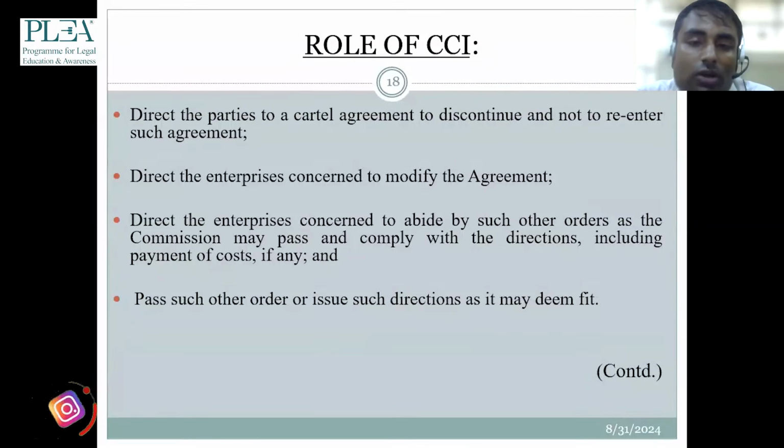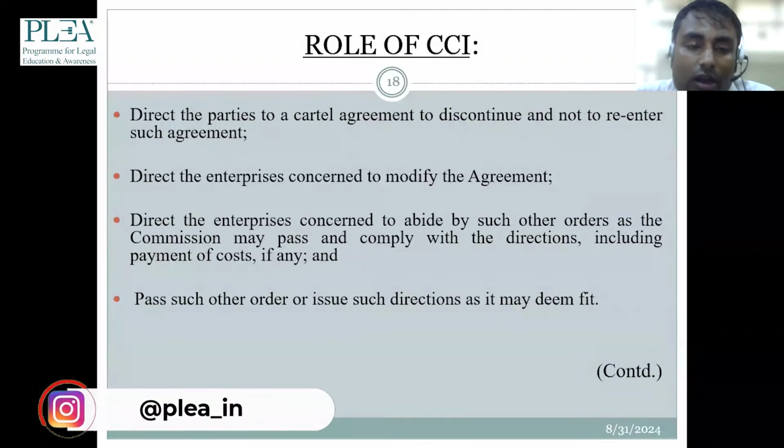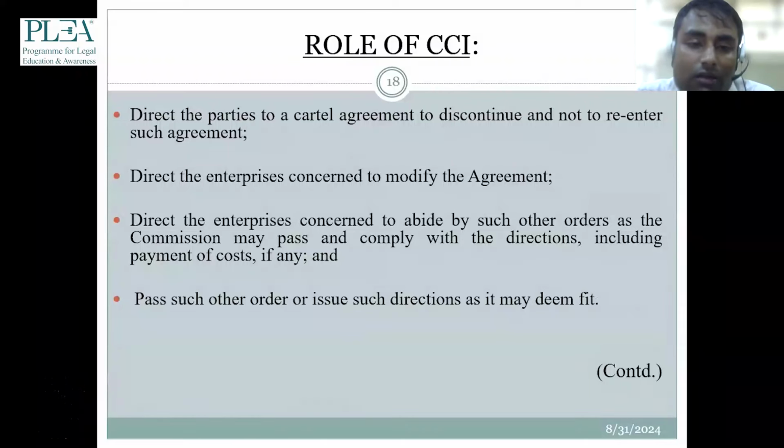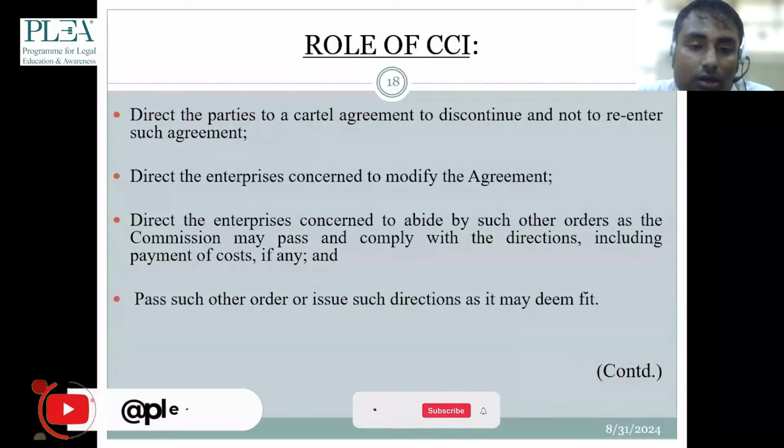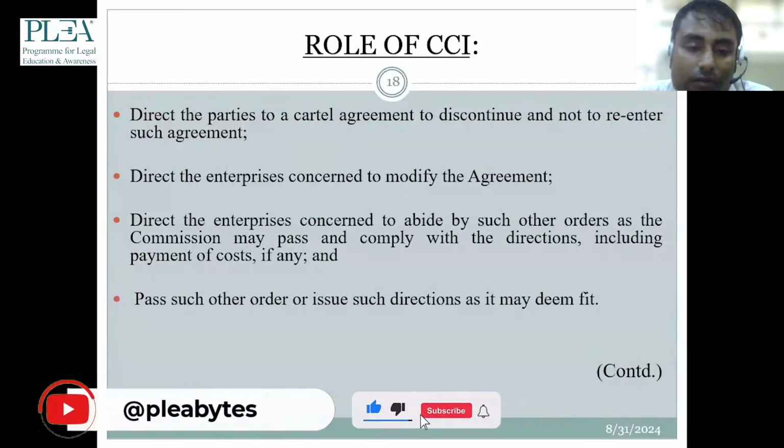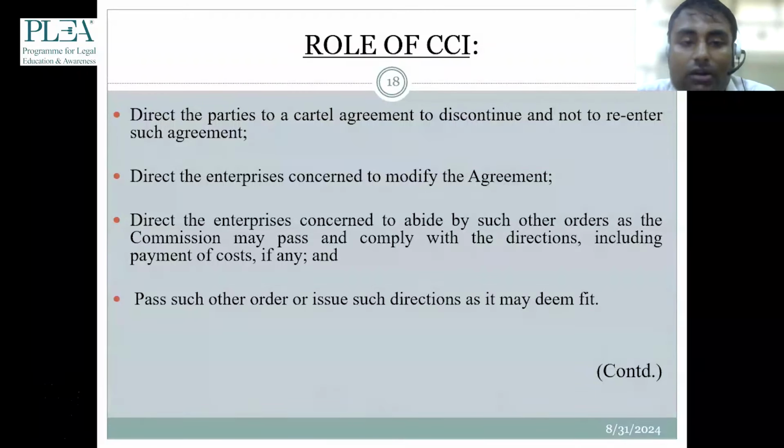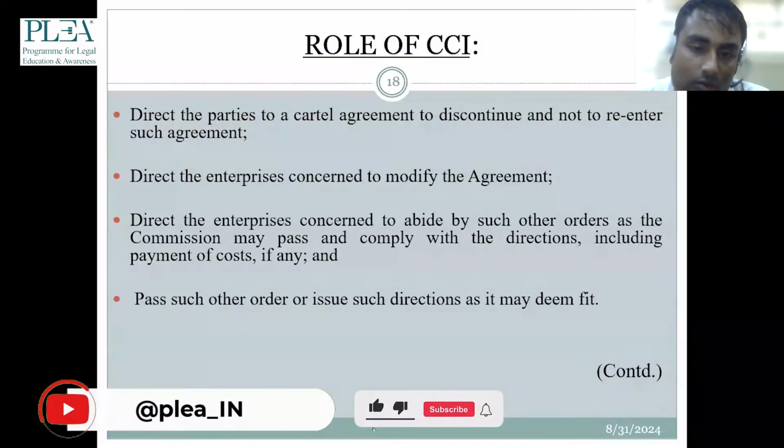So it is only possible when it has been detected. After detection that the agreement is going to be a cartel, they found it, and they will ask that particular company to discontinue. Direct the enterprises concerned to modify the agreement, to change the agreement, and that will be decided by the Competition Commission. Direct the enterprises concerned to abide by such other orders as the Commission may pass and comply with the